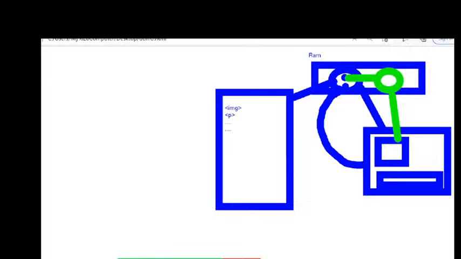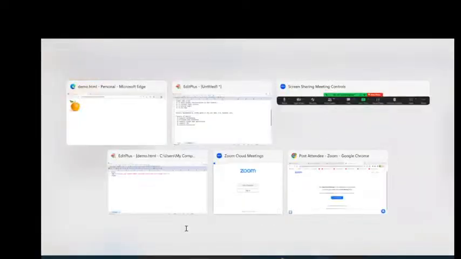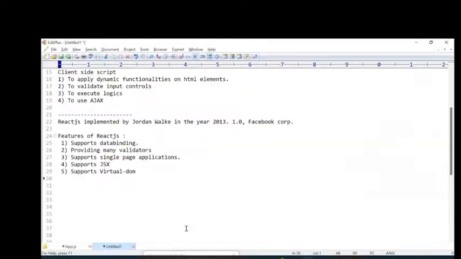Is this clear? Yes. So that is a very, very useful concept for us. Okay, suppose virtual DOM. How it is working completely, I will show you once again. So that is a very big advantage for us. Okay, next one here,